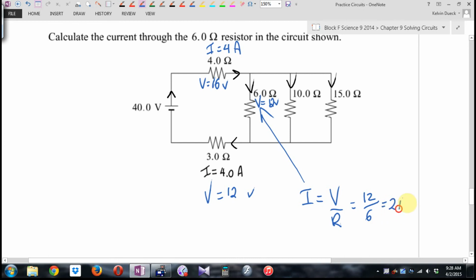Do you have to do the 10 and the 15 section? Nope. Nope. For what it's worth,